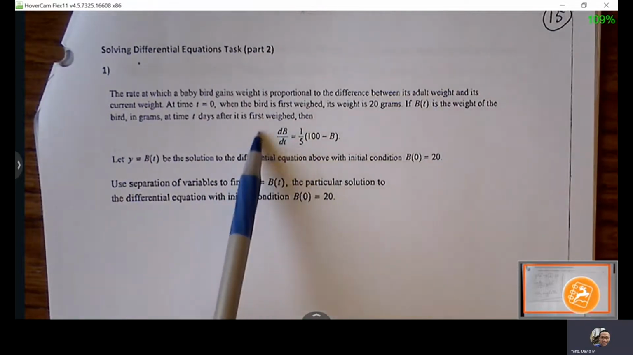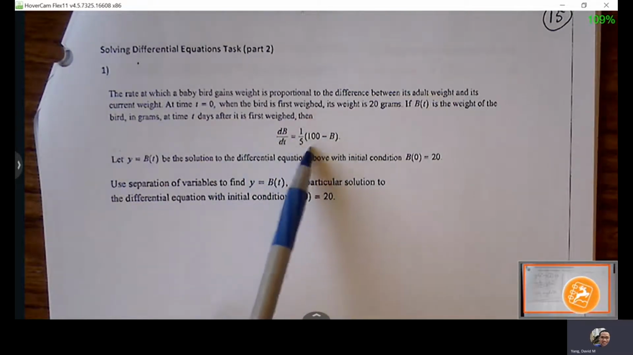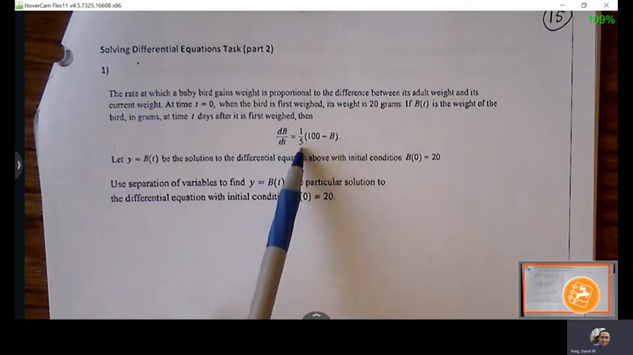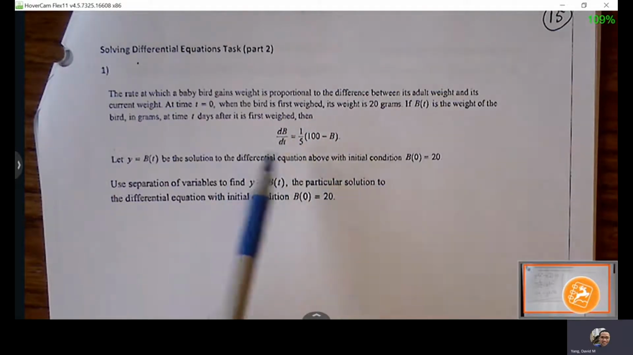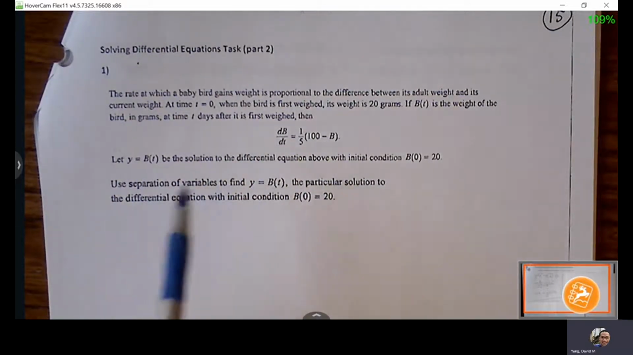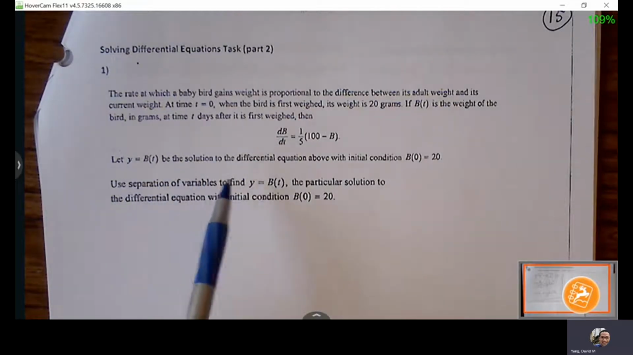So db dt right now is at the derivative level. This tells us the rate at which the bird is gaining its weight. But we're trying to get this up to b of t so that we can have an equation that will tell us the weight of the bird at any moment in time. Okay, so